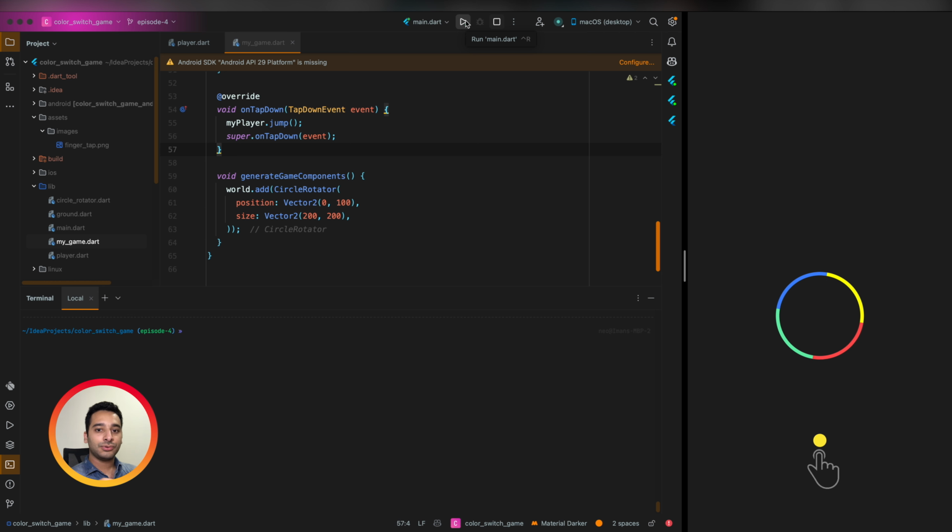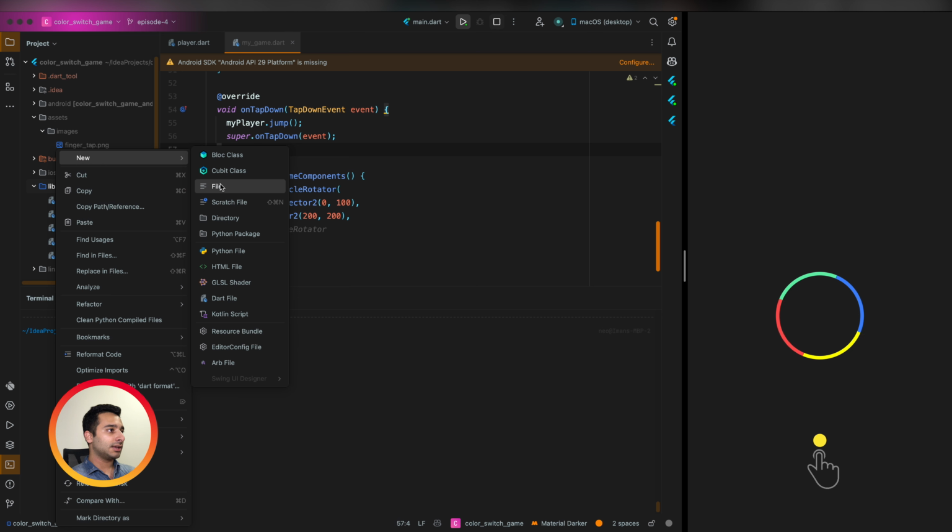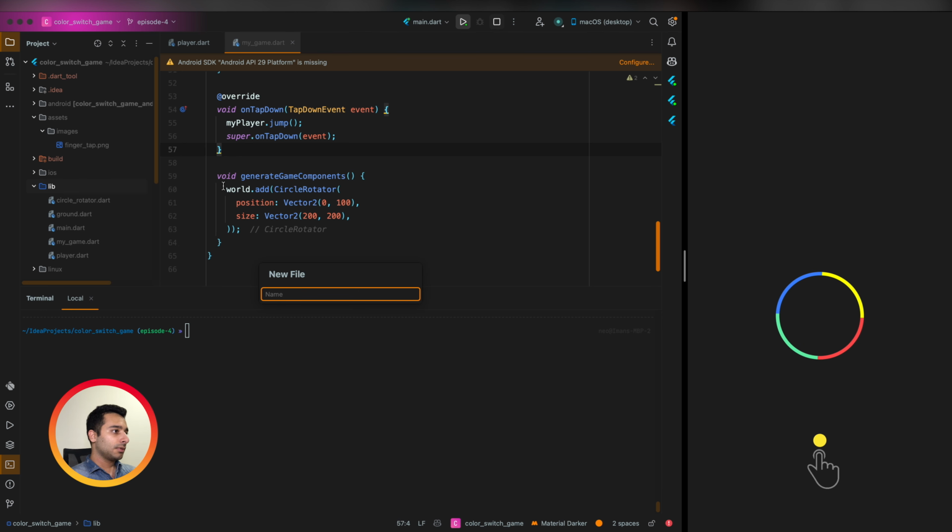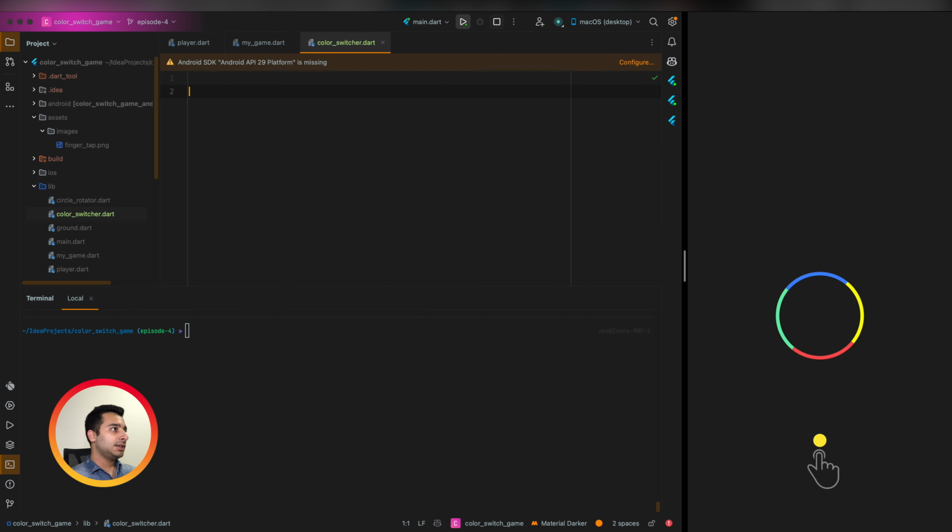To do that, we need to define a new object. For example, we can call it color changer. And when our player hits the object, we need to implement a logic to change the player's color randomly. So to do that, I will create a color switcher dot. And here we can say last color